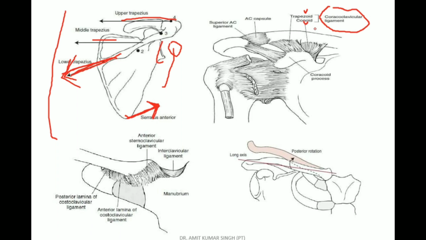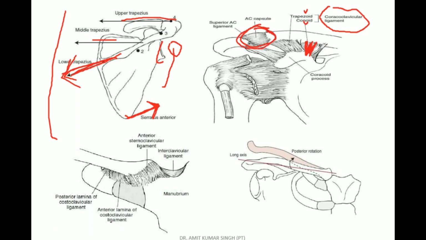Now when the upward rotation of the scapula starts, the coracoclavicular ligament will become taut. This ligament will become tight, and it will resist excessive movement of the scapula at the AC joint. This is our acromioclavicular joint, the AC joint. So what will happen once this ligament is taut? It is going to be very tight, so it will not allow further movement at the AC joint.